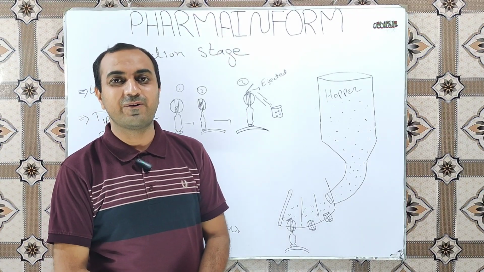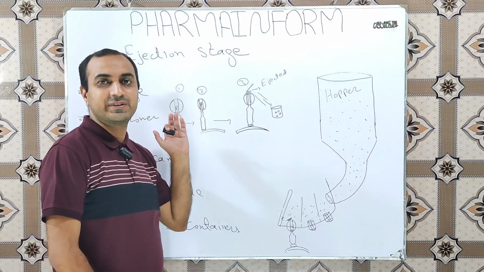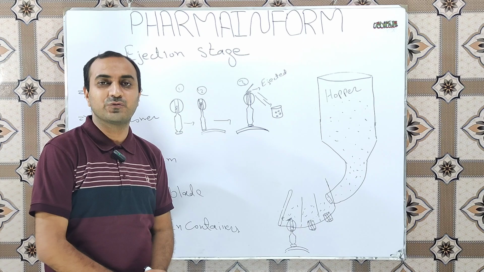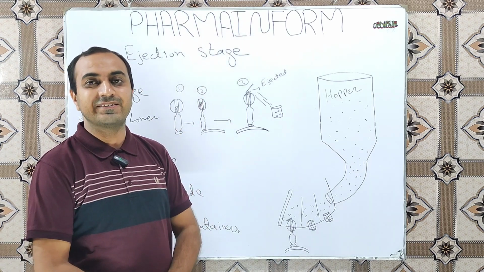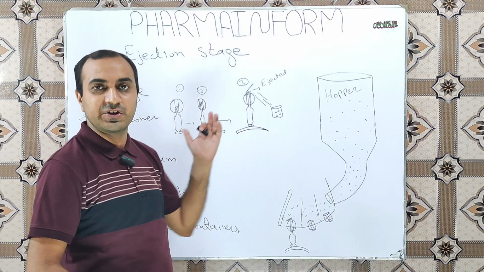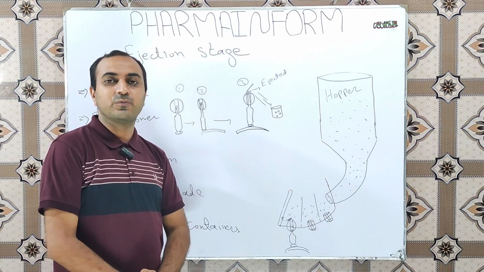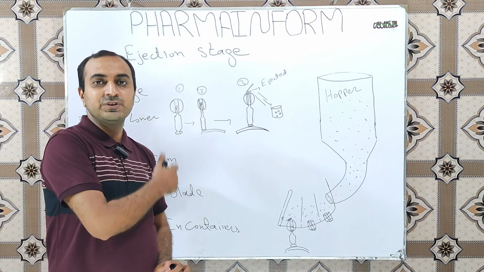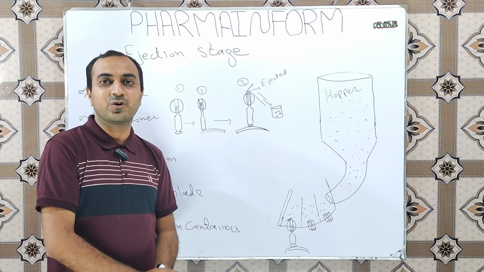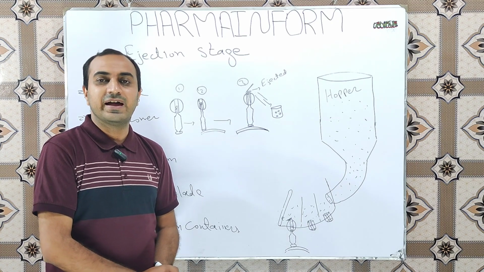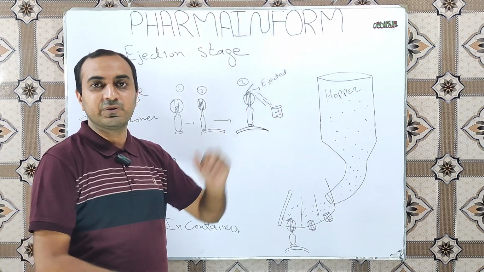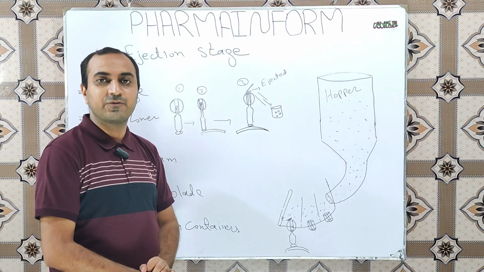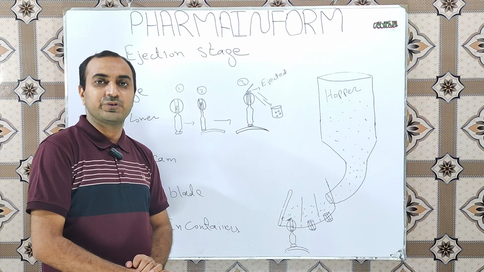Assalamualaikum, welcome to Farm and Farm, and today we will discuss the fourth stage of the tablet compression cycle, and this stage is known as the ejection stage or ejection of the tablet from the die cavity. This stage is the last stage of the tablet compression process, and in this video we will learn how the tablet is removed out of the die after the compression process.